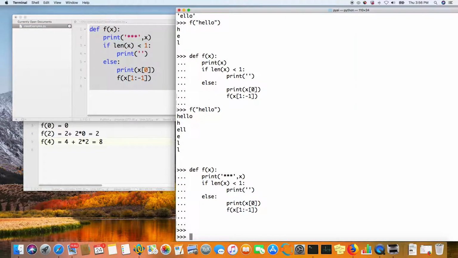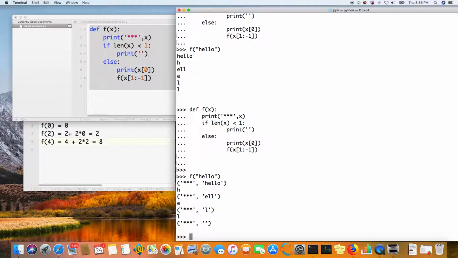All right, so f of hello. We run it with hello, it prints the H, then it runs it with ELL, prints the E, then it runs it with just the L, because it removed the first and the last, and finally it gets to the empty string, x is empty here, and it does nothing. All right, so I hope this makes